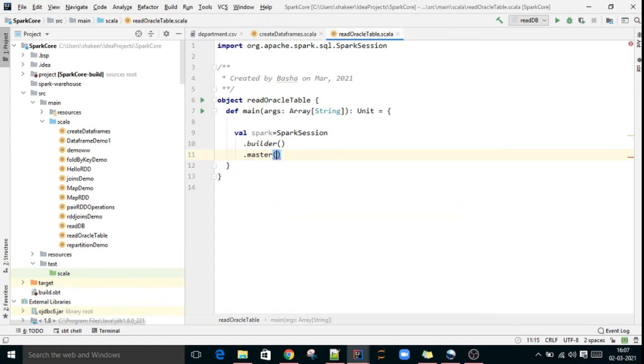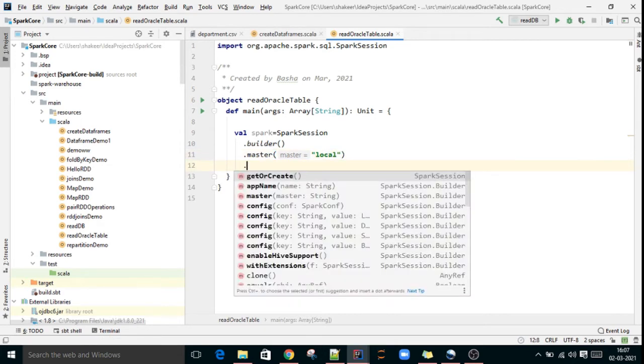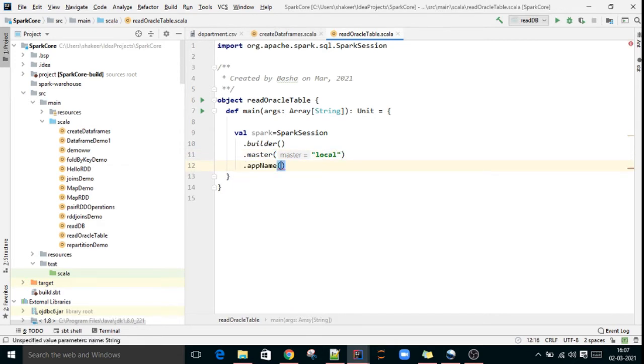Master local, app name reading Oracle table. Get or create.